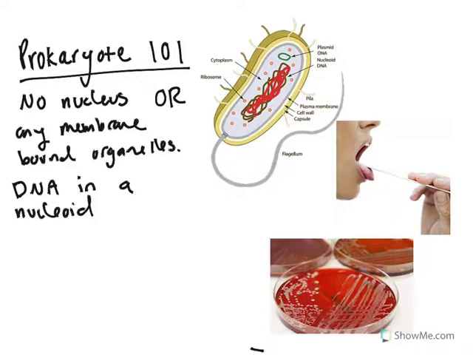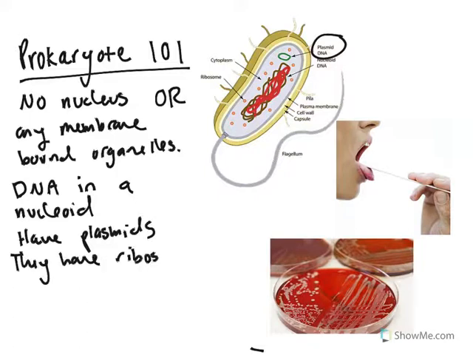Another thing I would like to point out is, in addition to their giant chromosome, sometimes bacteria will have tiny little circular pieces of DNA called plasmids, which we can actually manipulate with biotechnology and use to transform bacteria from one to another, or we can make a little bacteria glow by inserting fluorescent jellyfish DNA into it, which is pretty cool, and we're actually going to do that lab later in the year. So I will say that they have plasmids, they have ribosomes,